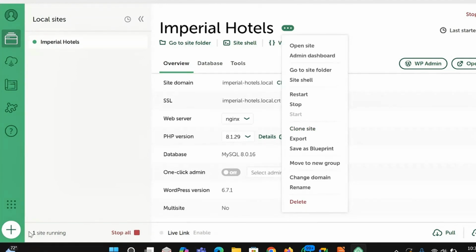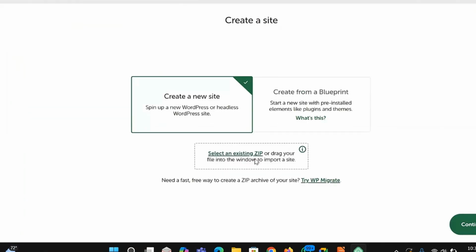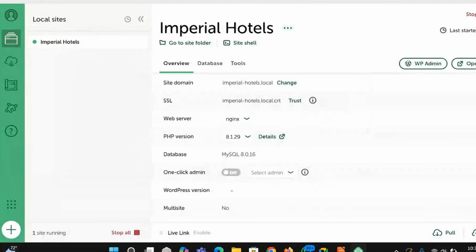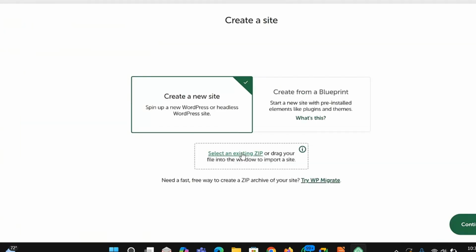Or I can click here and it says select an existing zip or drag your file into the window to import as a site. Do you see that? I go as if I'm starting a new website. In the bottom left corner, there is an add site icon, a small plus. Once I click on it, it tells me to select an existing zip.